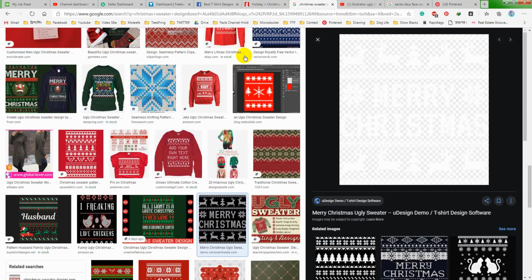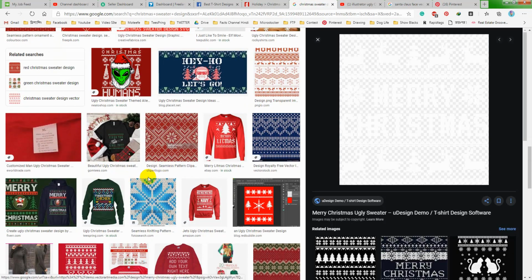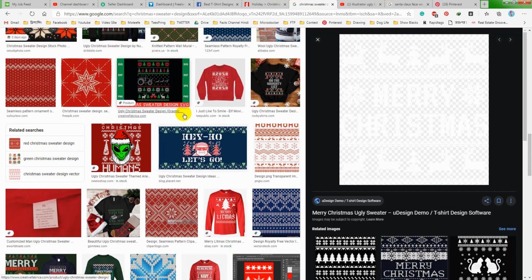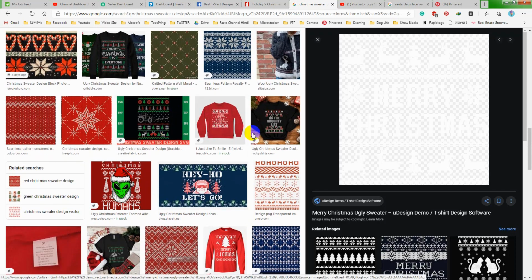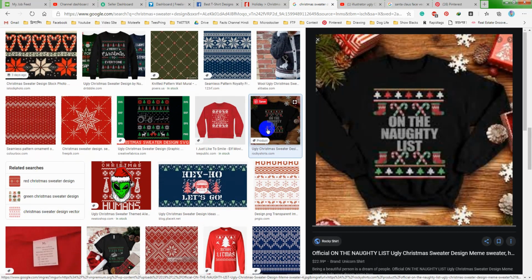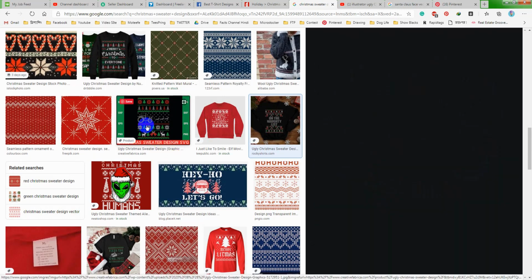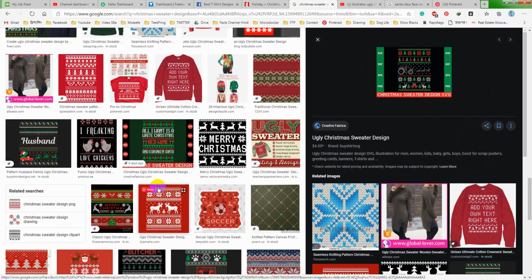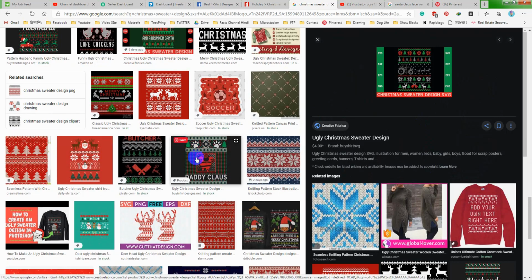And of course you have to understand this theme here, these Christmas sweater design patterns, and how everyone is making designs. So you have to take some ideas, like these are all the elements people use in their designs. And one thing is common, that every design is in this same kind of line style, stripe style. So this is what I am going to follow here.